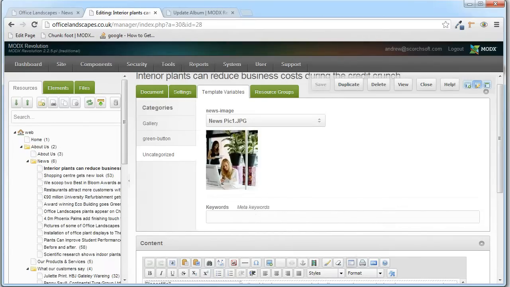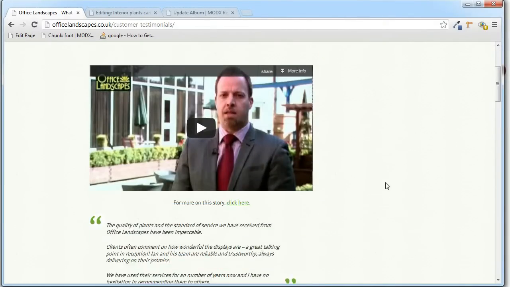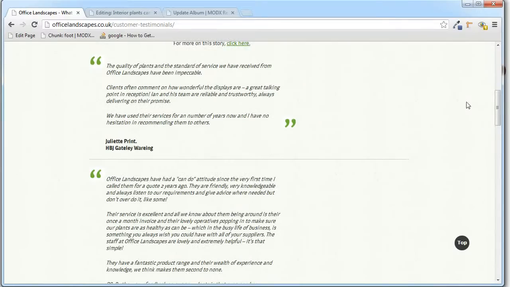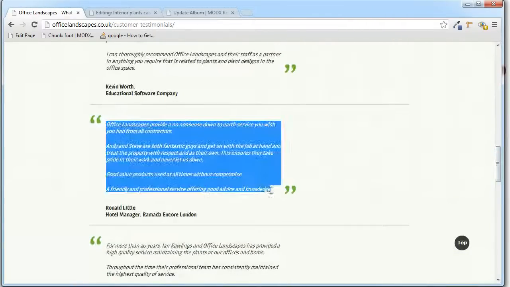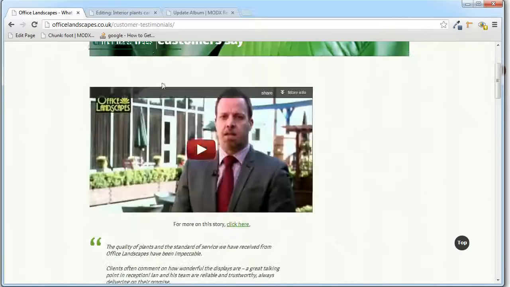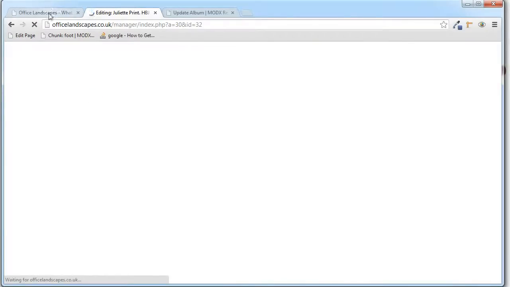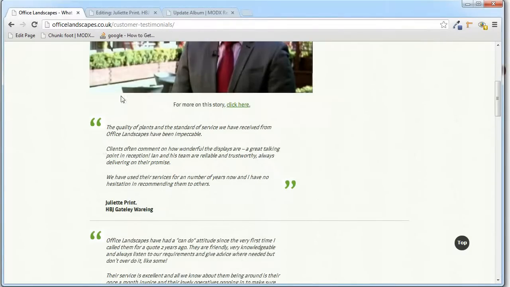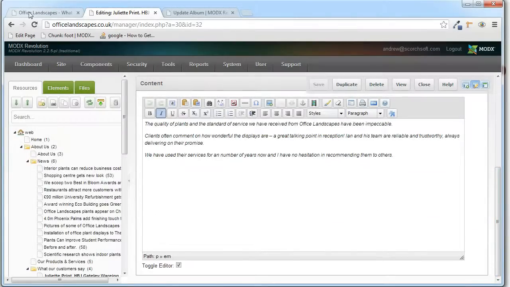Now if we take a quick look at what our customers say, you'll notice it's just the one page with a list of quotes and person's name and the company they work for which are quoting. Now these are individual pages in here. So if we go to Juliet Print, which is the first one on the list, you'll notice the actual quote itself is inside the content area,